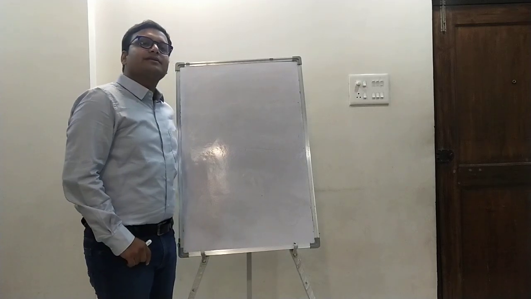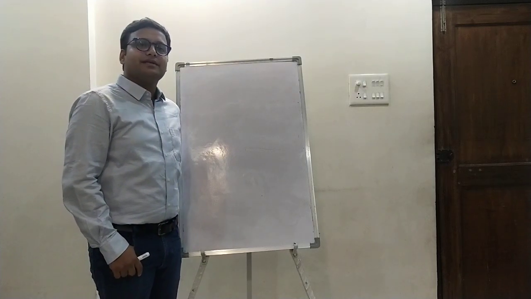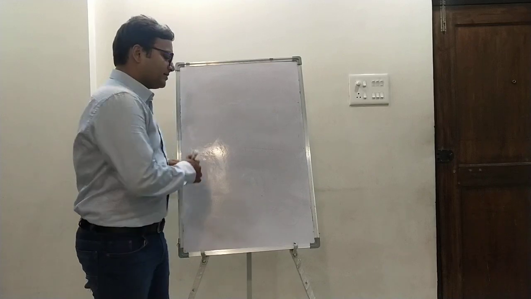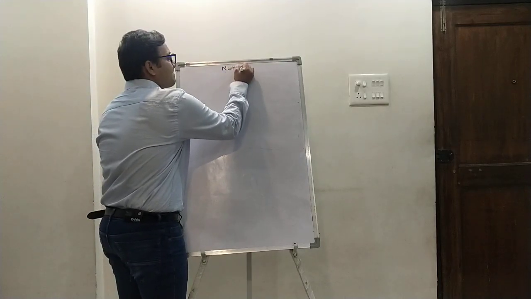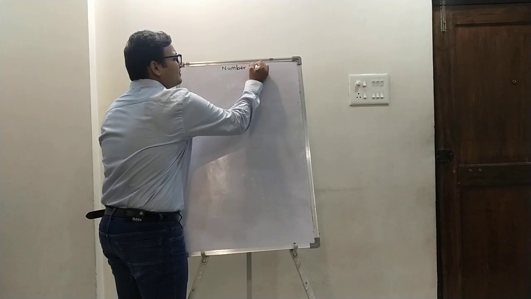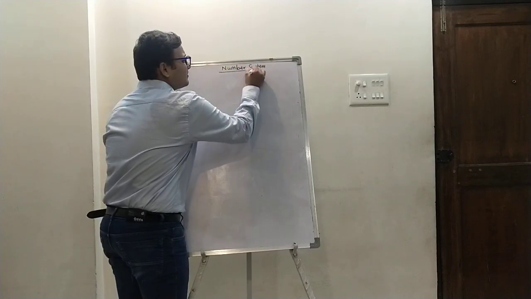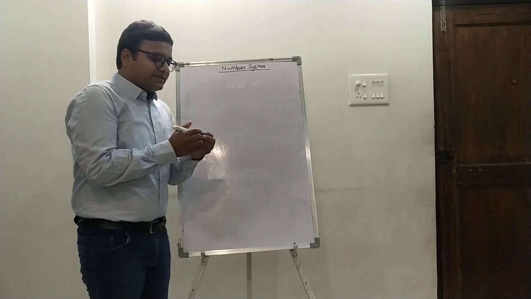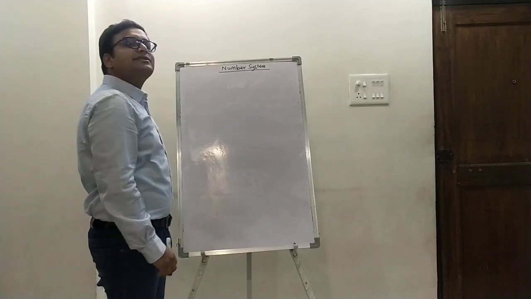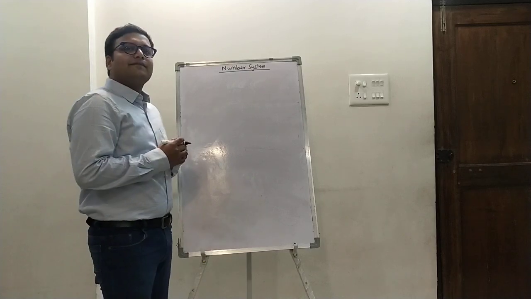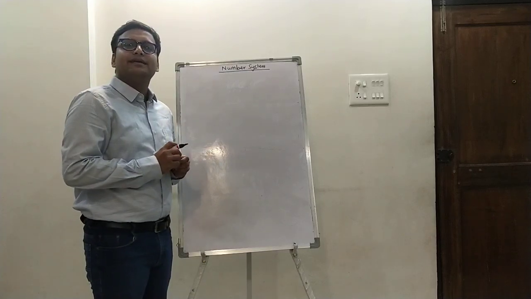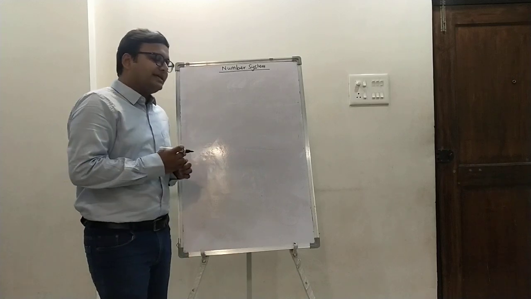Today we are going to discuss a very basic topic of digital electronics, which is the number system. Generally, a number system is used to define the magnitude of any quantity. So what is that actually? Let's say there are 5 monkeys in the tree. How can a human describe that?